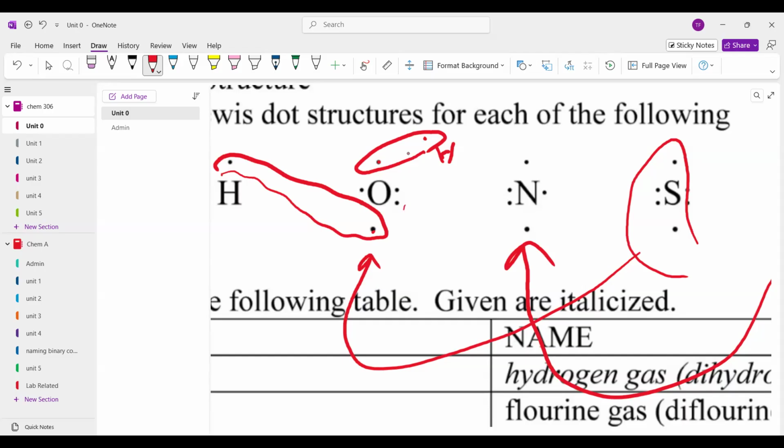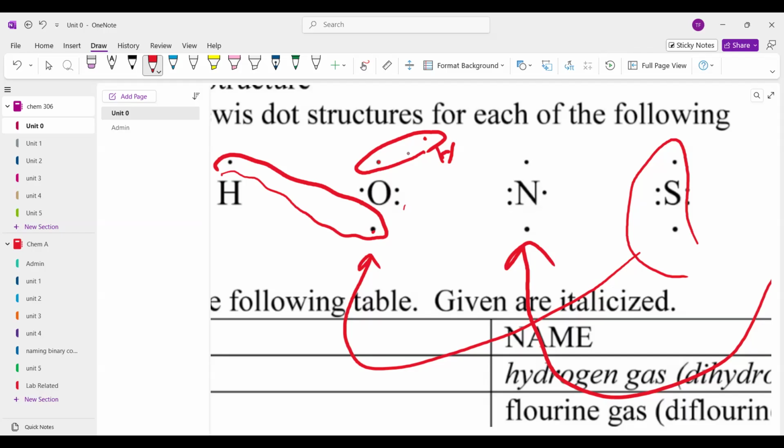Stability rules in the universe. In all my classes, beginning or advanced, things go from unstable to stable, not the other way around. If you're stable, you don't need to do anything. You're already stable. But if you're not stable, like those singletons on nitrogen, you want to make them stable. You do that by hooking up with another singleton. Could be another nitrogen, another sulfur, whatever.